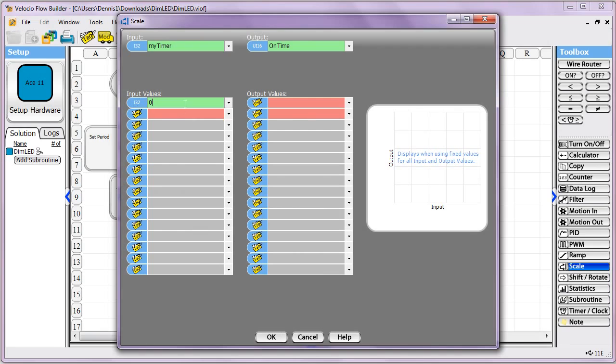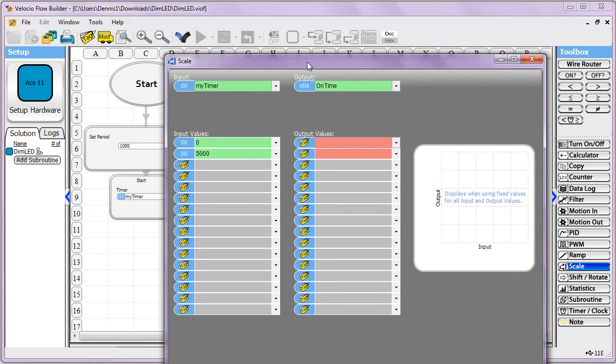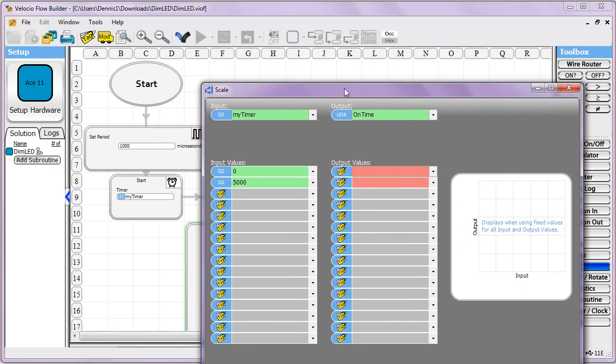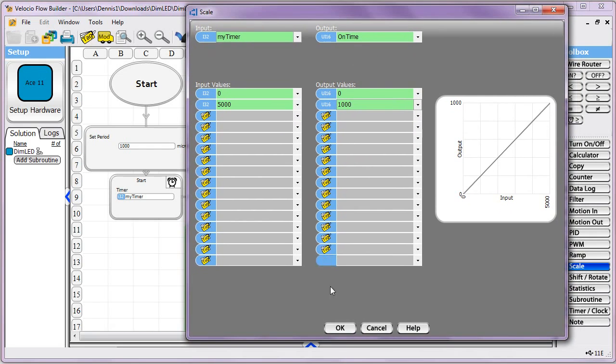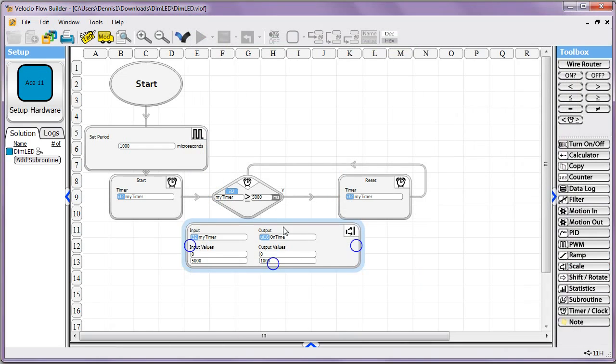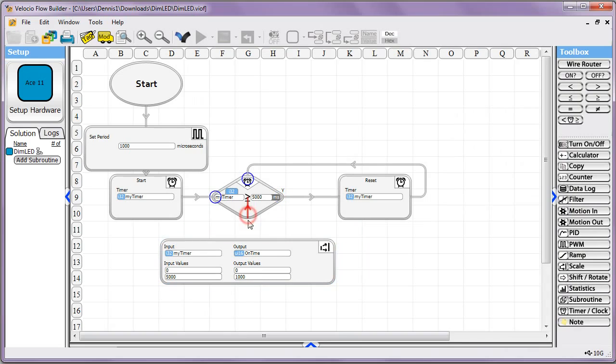Our on time, we're wanting to go from fully off, which would be 0 microseconds per 1,000 microseconds, all the way to fully on, which would be 1,000 microseconds per 1,000 microseconds. So we'll go from 0 to 1,000, so that'll scale it,